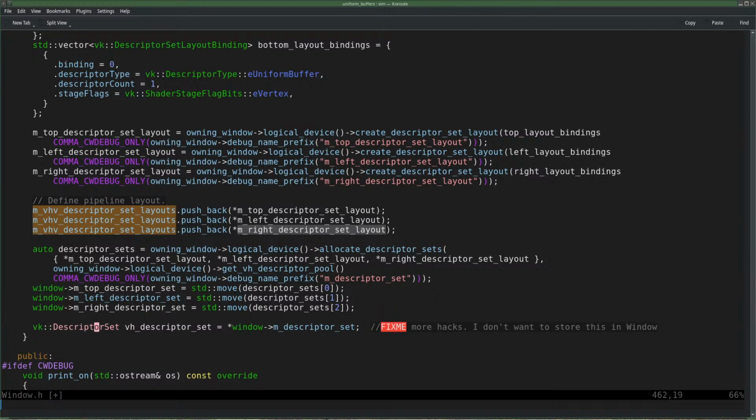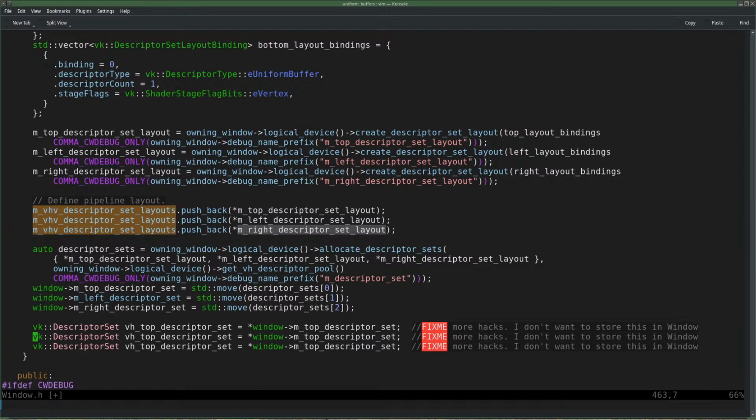And then we are getting just a handle. Okay, but maybe a little bit much.